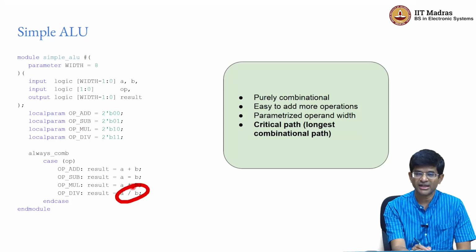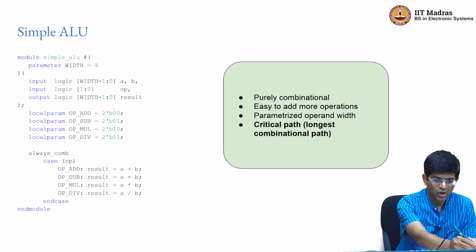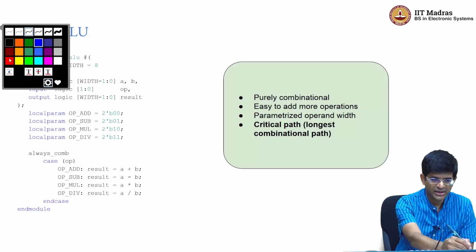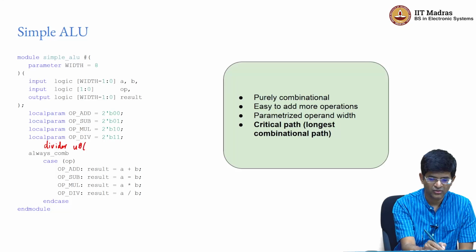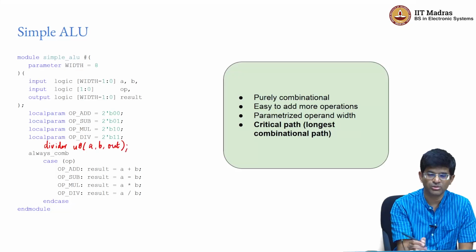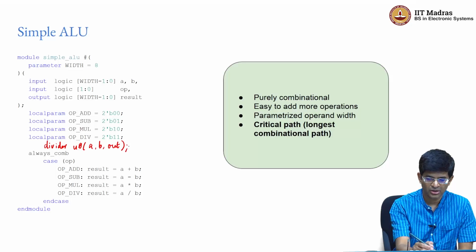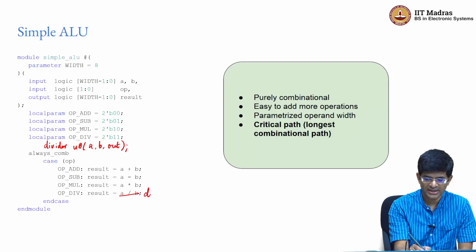But assuming that I had some kind of combinational circuit that can perform this, all I would need to do would basically be to come up with something like, maybe instantiate a divider, which would take a, b, and would give some kind of output, and instead of this I would basically give the value